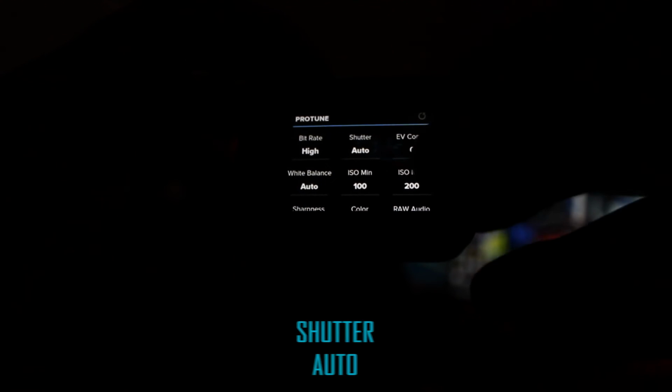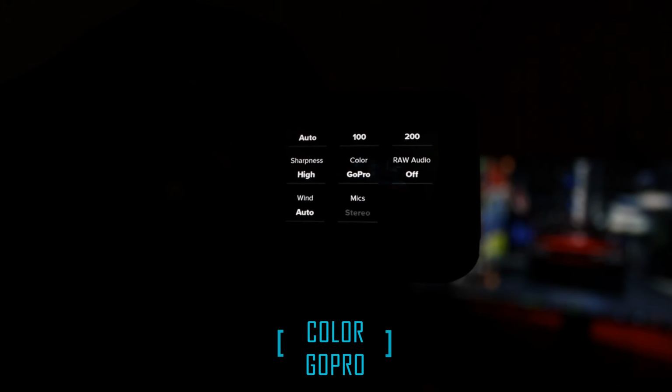So normal vlogging outside in daylight, not much editing besides trimming. You're going to want resolution of 4K with 60 frames. The lens is wide, hyper smooth on, clips off, bitrate high, shutter auto, EV comp 0, white balance auto, ISO min 100, ISO max 200, sharpness on high, color on GoPro, raw audio off, and wind